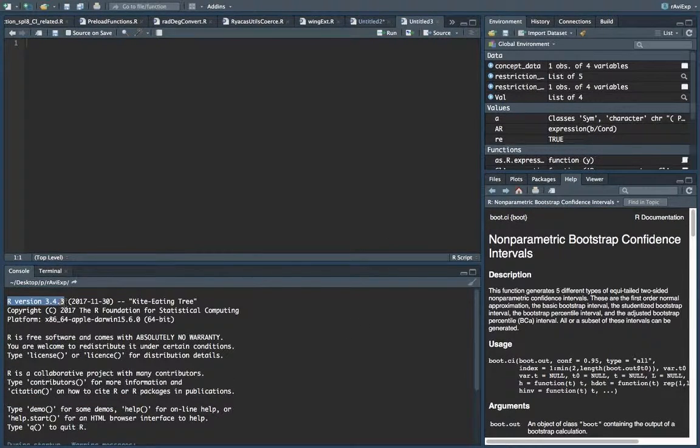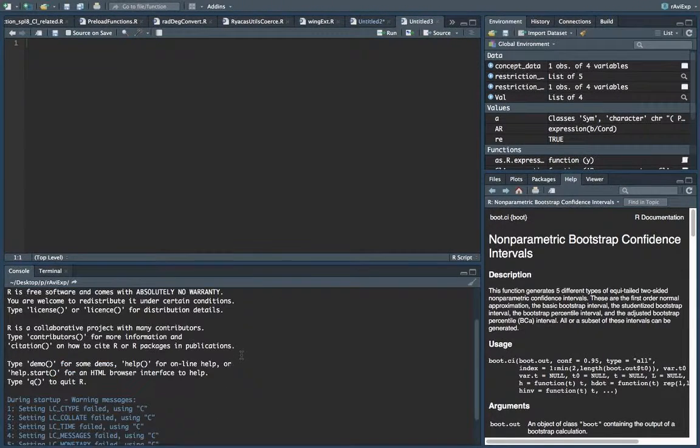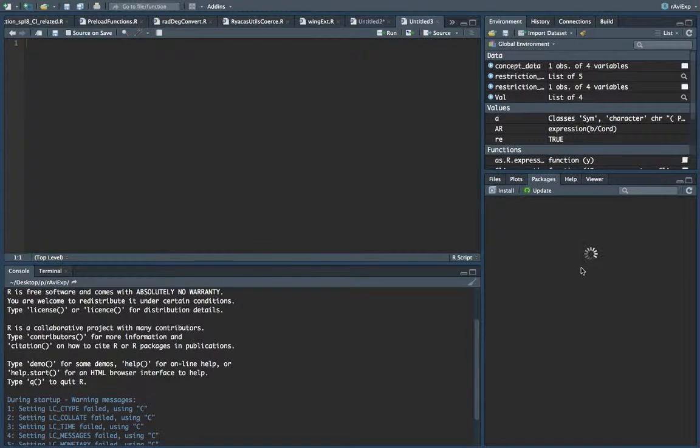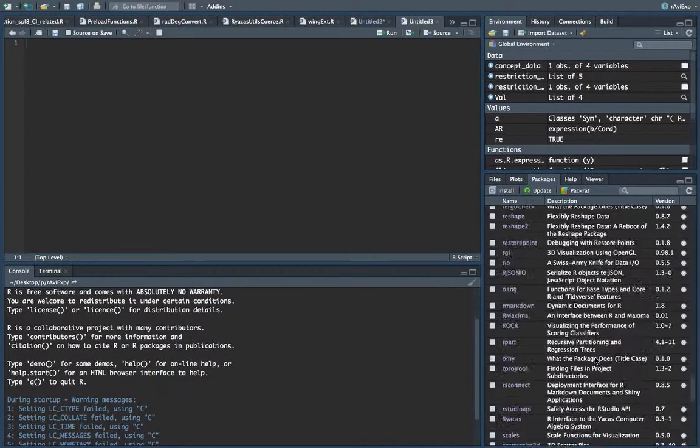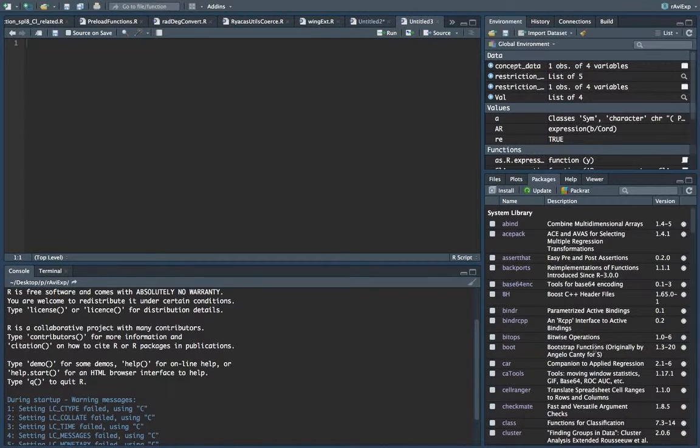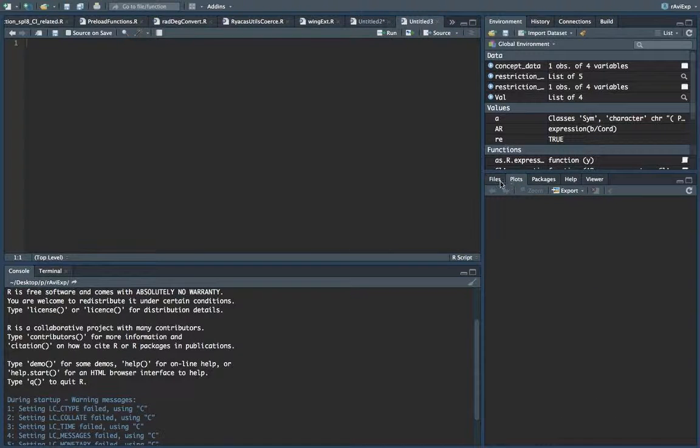Right now I'm running R version 3.4.3, and I have a number of packages. Packages are extensions of R, which we are going to demonstrate a little bit later. This is the plot interface, but if you are on a Windows system, there might be some further applications besides this plot. So let's just start with